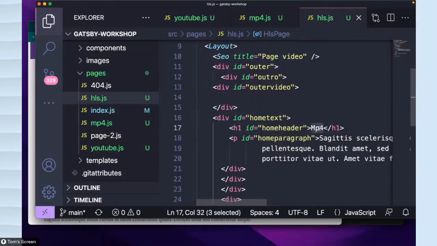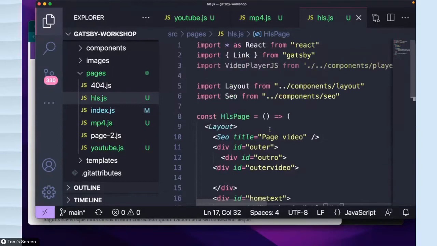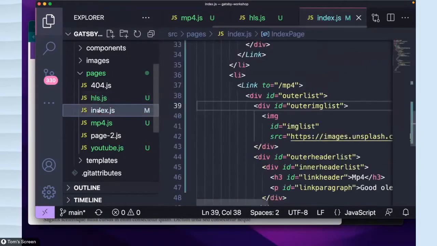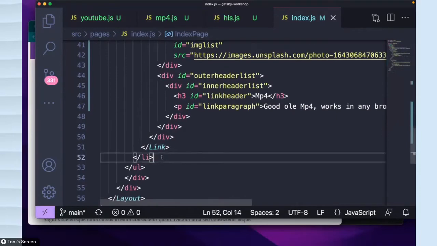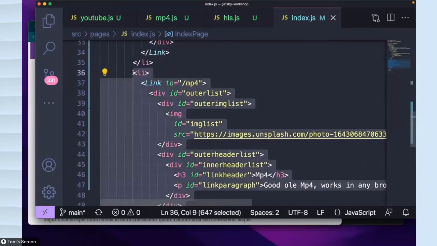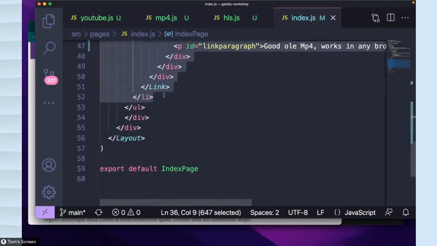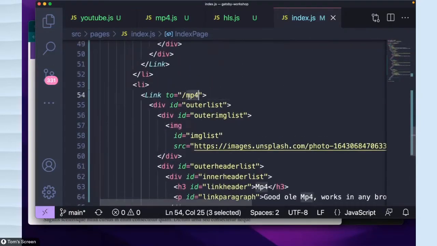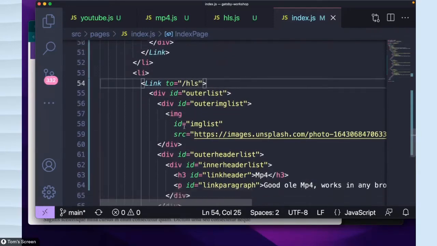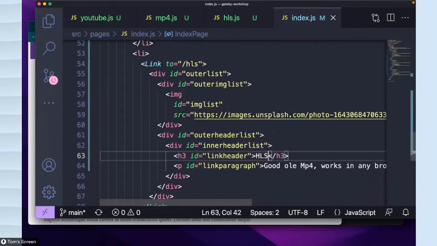I'll change the name of this to HLS. Let's go back to my index page. I'm going to go ahead and add it. So remember, I just copied my LI to my LI. Paste it. I'm going to change the link now to go to HLS because that was the name of the new file I made. And change the name of this, HLS,